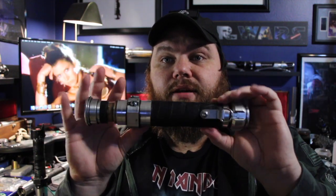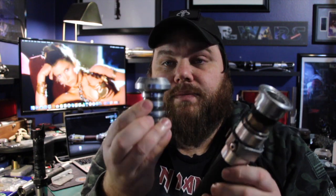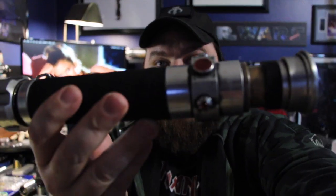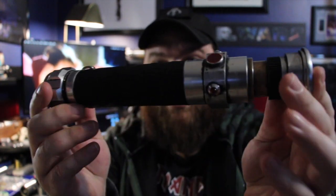So this thing had a different emitter at first, and I'll swap that out and show you. This was the first emitter that I used. So I'll swap it out here in a second. But this dude